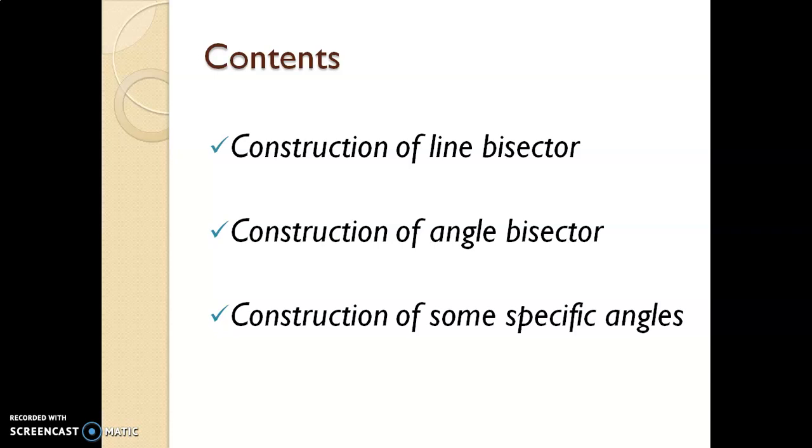Already in our lower sections you have learned how to mark 90 degree, 120 degree, 30 degree, whatever it is, using a protractor. But here you are going to learn how we can draw some specific angles without a protractor. That's it. So these three contents are the only ones available in this chapter. Let us see them one by one now.